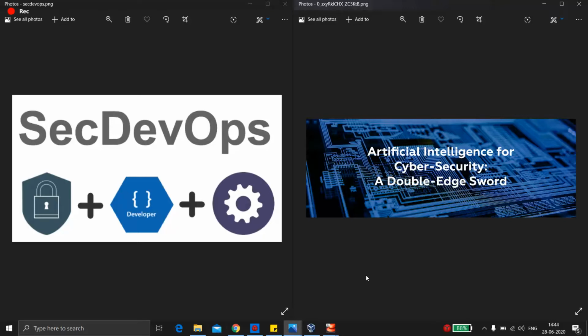Hello everyone. So today I'll be showing you one cool integration. We'll be using some concepts of DevOps, some concepts of machine learning and cyber security to build up this setup. Before going on, let me be very clear about this. I'm doing an internship under Linux for Informatics, and this was one of my tasks to build.